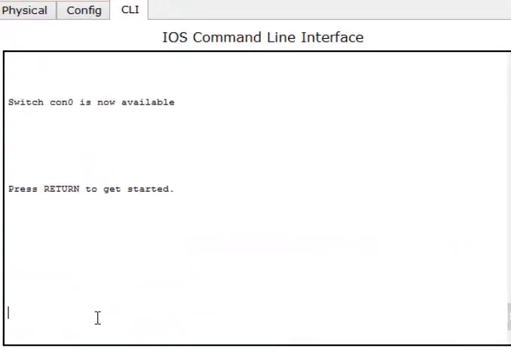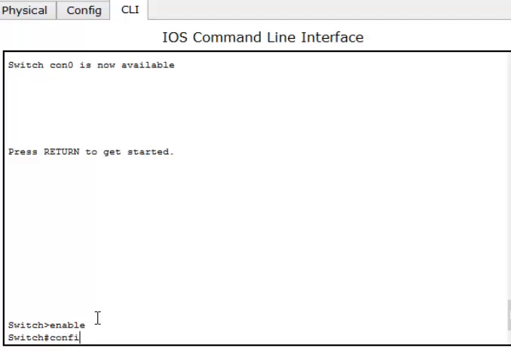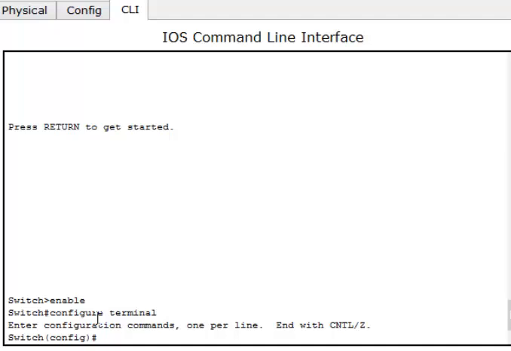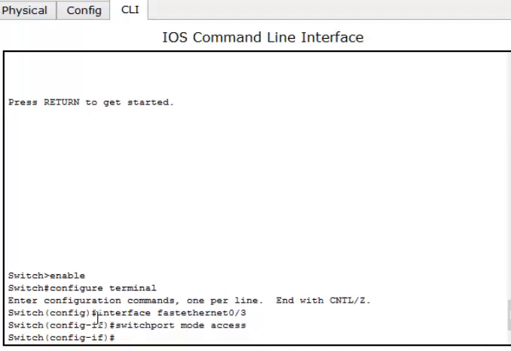To start, let's go to switch 1 first. Type enable, type configure terminal, type interface FastEthernet 0/3, type switchport mode access, switchport access vlan 10.